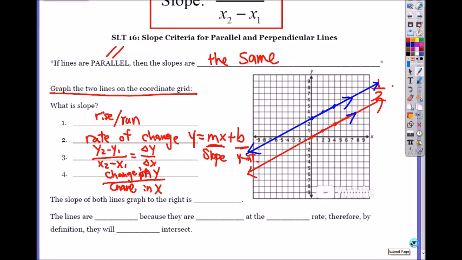So the slope of both lines graphed to the right is 1 over 2. And the lines are parallel because it's a positive slope, so they are increasing at the same rate. Therefore, by the definition, they will